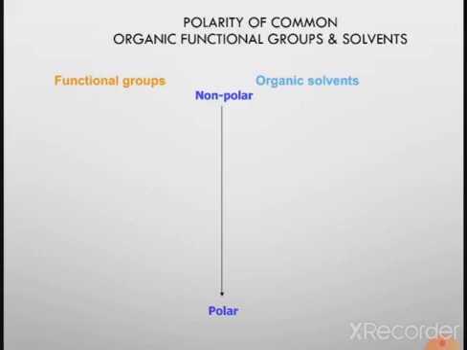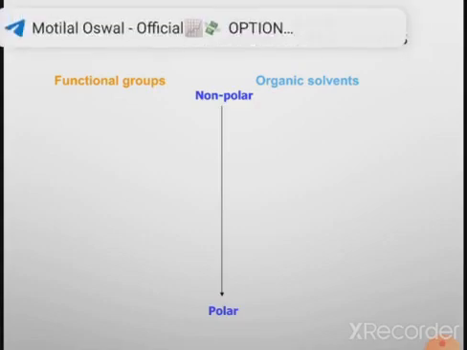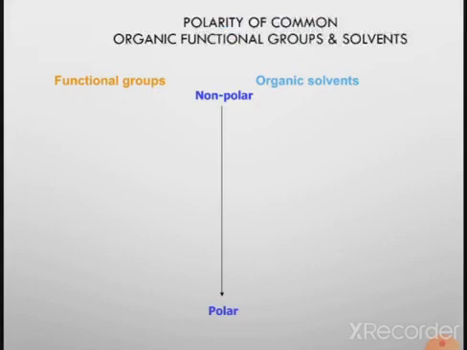The solvents are classified according to their polarity, and here we are arranging the solvents according to their increasing polarity. First we want to see the various functional groups, which have different polarity. We start with the less polar functional group and go to the more polar functional group. The first functional group is aliphatic hydrocarbons, which have less polarity. Then there is another group called olefins.